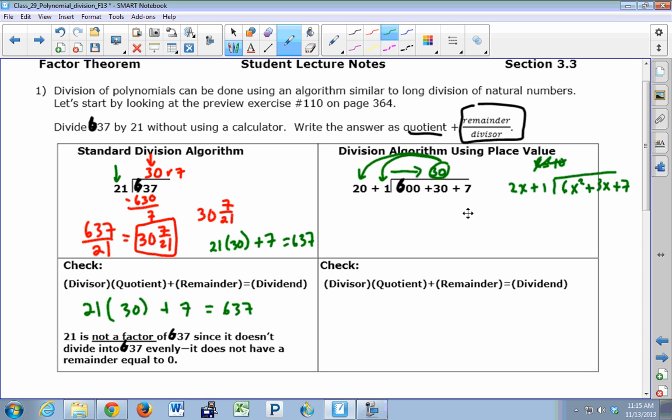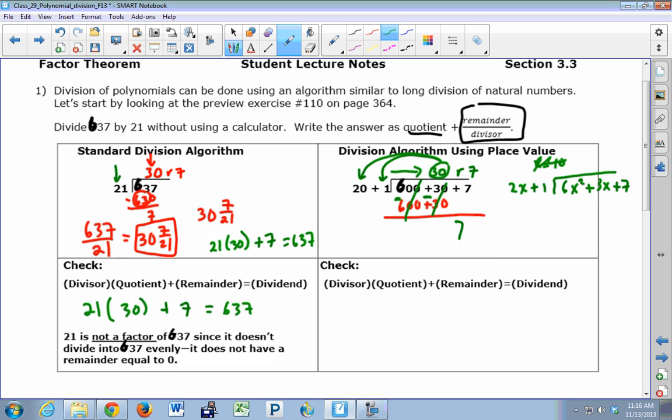Okay, so we say 30, and then 30 has to multiply the 20, and we write underneath 600. And then 30 has to multiply the 1, and we write underneath 30. And then we're asked to subtract. Now, when it's just a number over here, we just do the subtraction in one fell swoop. Here we have to subtract both of the terms. We have to subtract the 600 and we have to subtract the 30. So both of those signs change. Look, this gives us a 0, that gives us a 0, and the only number left is our 7, which